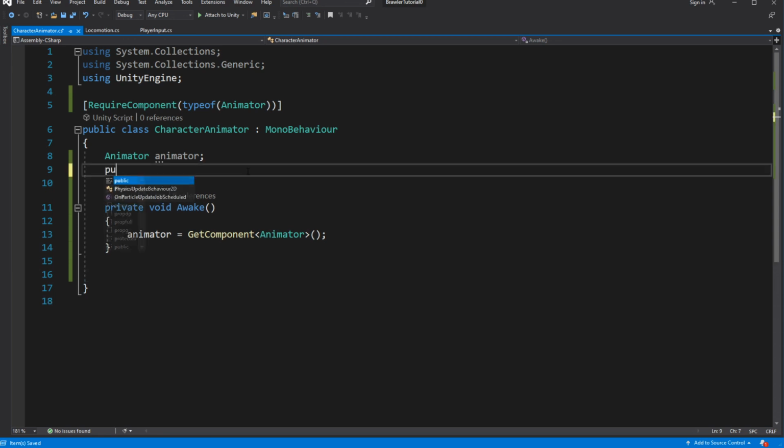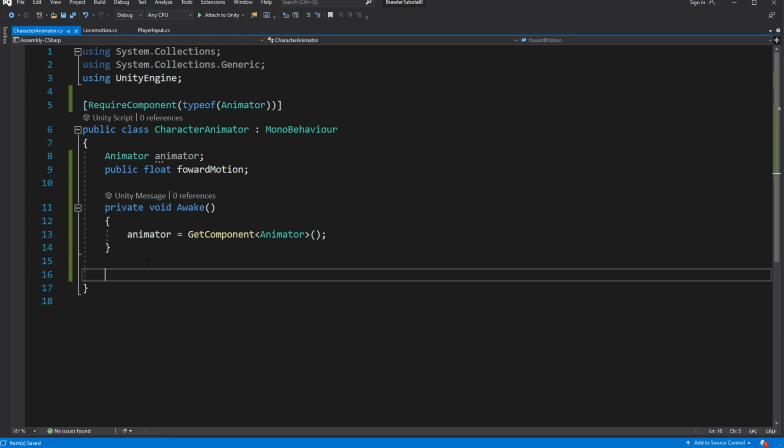Then create a public variable called forward motion. Then apply it to the locomotion parameter in the animator.